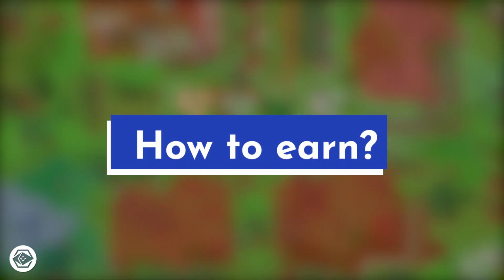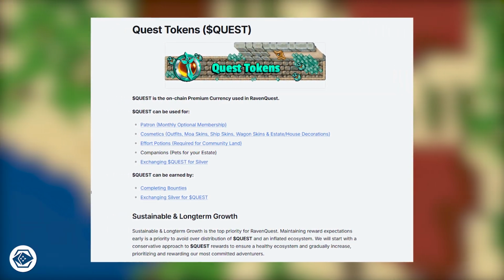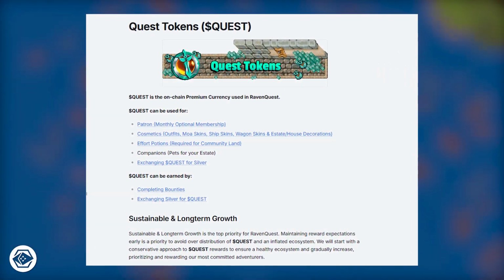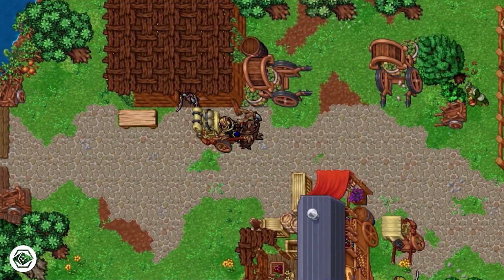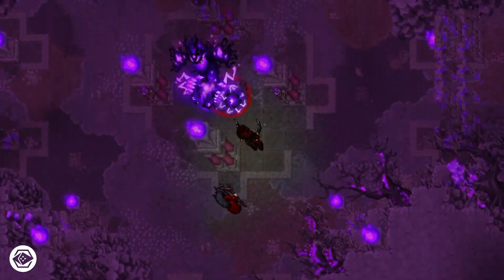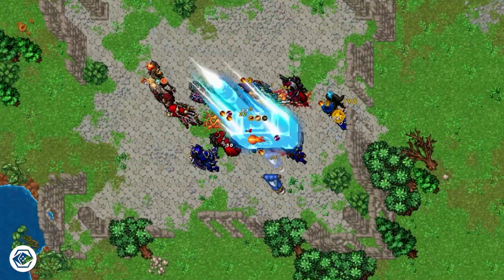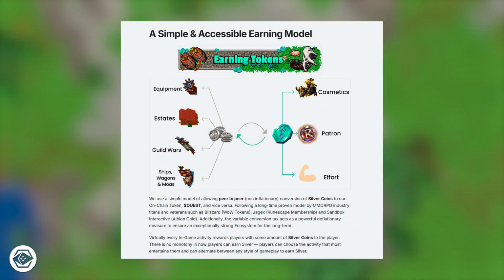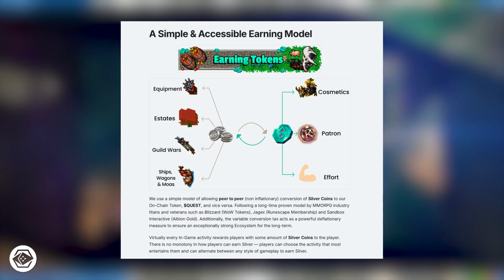The main way of getting rewards in the game is by earning Quest tokens. Quest is the main token of the game and is used for many aspects, including cosmetic items, potions, and companions. Quest can be earned by completing quests, unlocking in-game achievements, participating in professions like fishing, crafting, and gathering, and ranking high on the PvP leaderboards. The in-game economy is entirely player-driven, and you can craft, sell, and trade anything with anyone on the market and